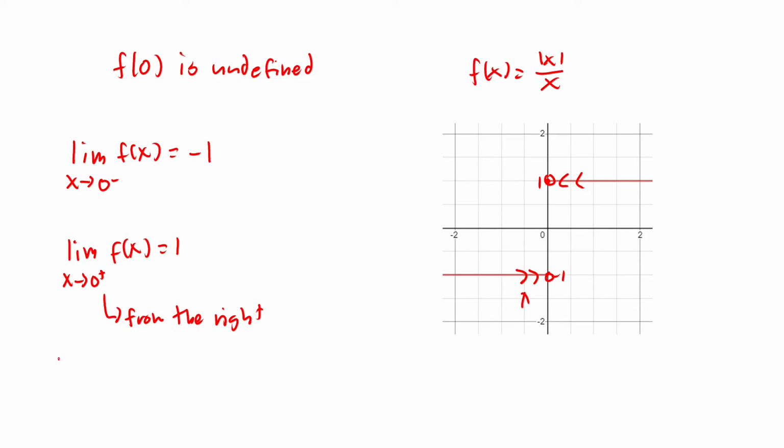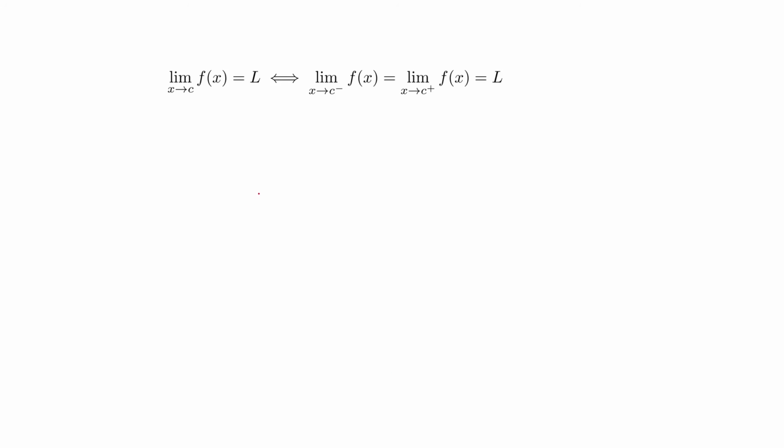If I were to ask, just as a hypothetical, what is the limit as x approaches 0 of this function, and I don't indicate a plus or minus sign, we would have to say that this does not exist. We often just abbreviate that with DNE. The reasoning here is that we don't have a left-hand approach and a right-hand approach that are the same thing. So as a theorem, it actually turns out, and I suppose it makes sense, that